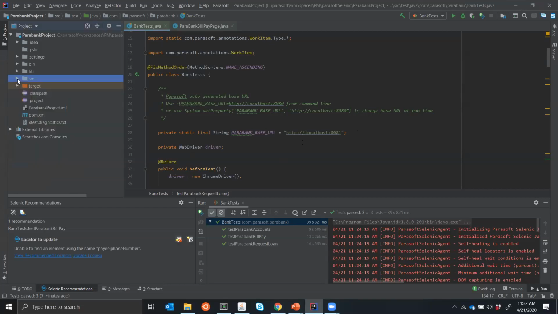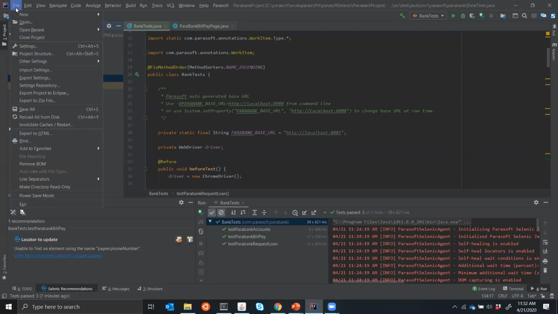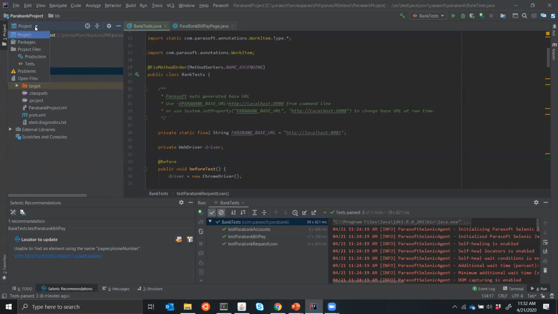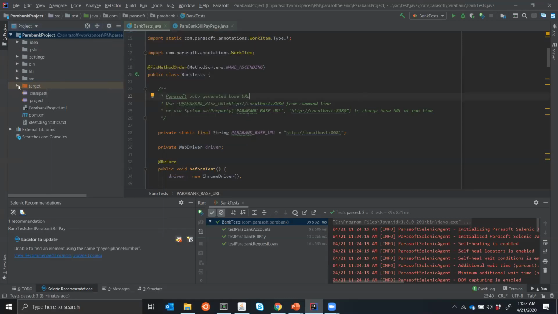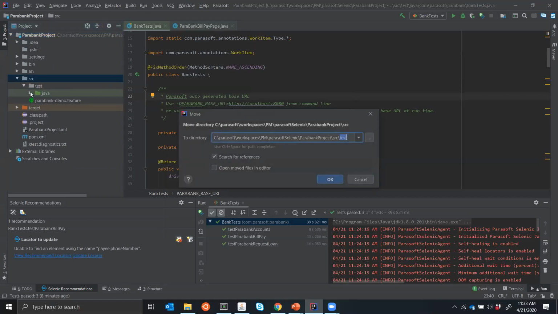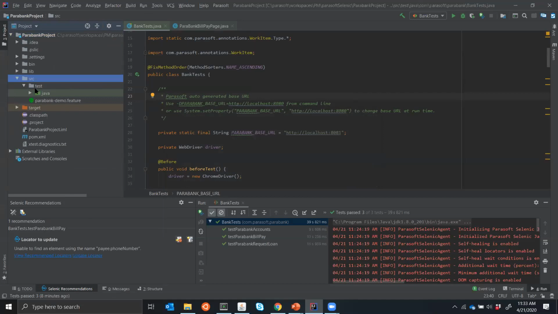Now, let's say, for the sake of argument, I didn't have any Selenium tests at all to begin with. I would have the ability to come into my project and create a brand new Selenium test from recording. And so in order to do that, I could just say, let's go ahead and create a new project. And in that new project, I want to use a Selenium recording. But I already have a Selenium project. And so in this case, what I want to do is I just want to add it right here into my existing